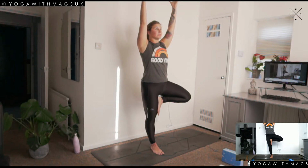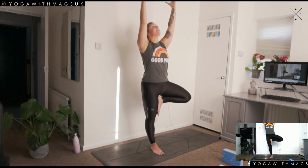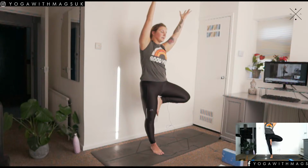And then if you want to, super slowly shift your gaze up and find stability in yourself. Find that deep core engagement and the backbone that's keeping you upright amidst the chaos. Look in front of you, and then if you want to lean to the left,